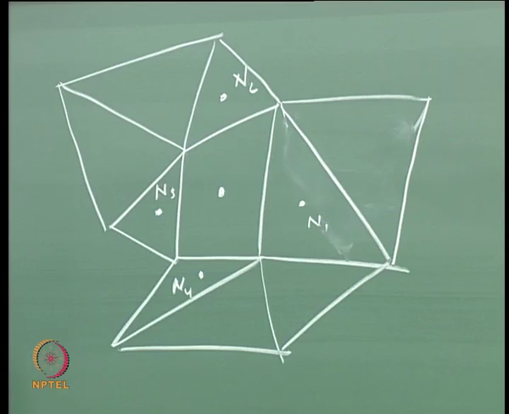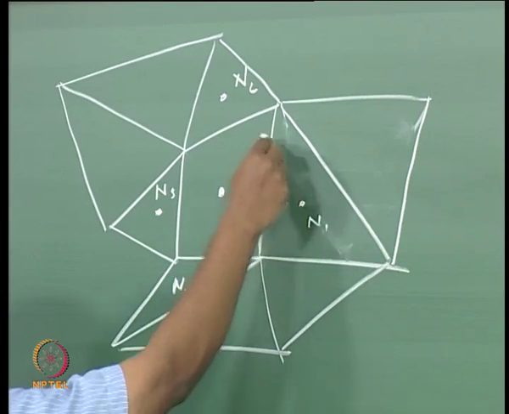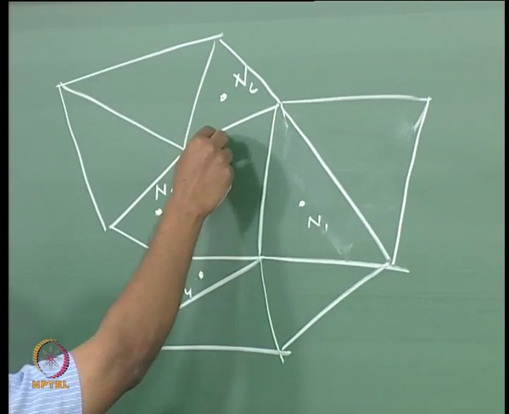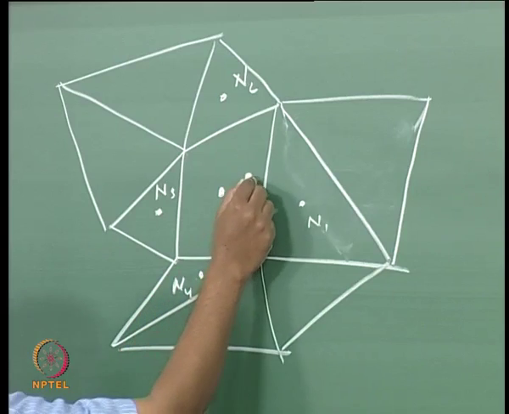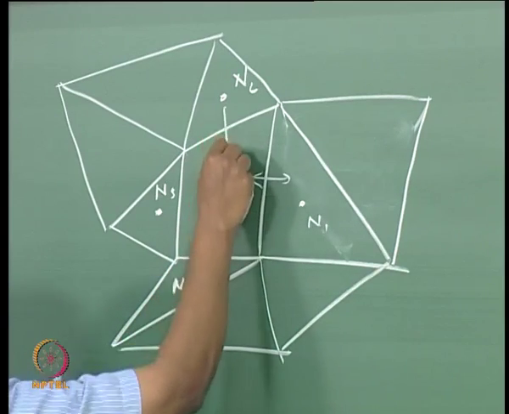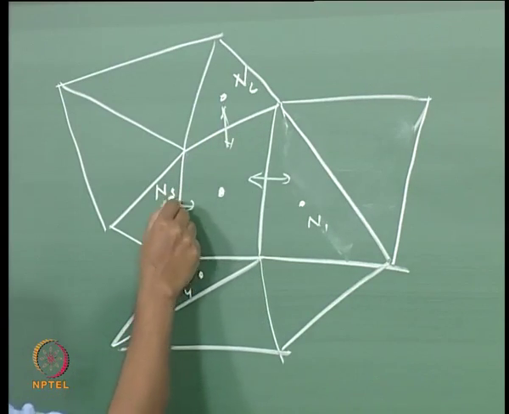These are the nodes which correspond to the centroids of the neighboring cells which are sharing a particular face with this particular cell. Okay, so we have flux across this face, flux across this face, flux across this face,